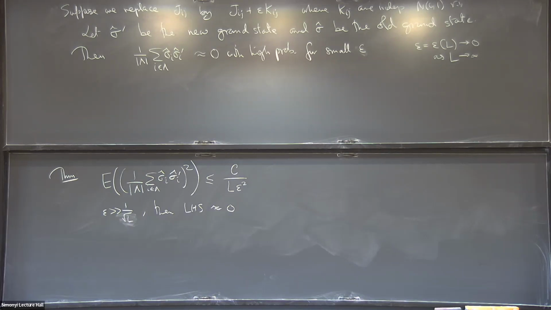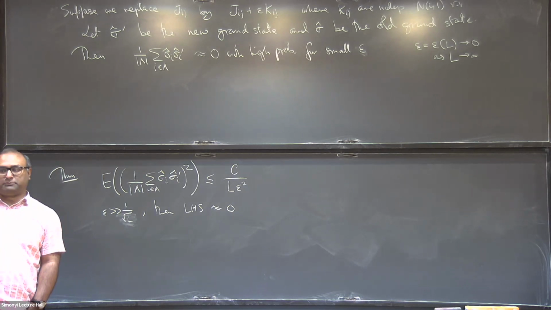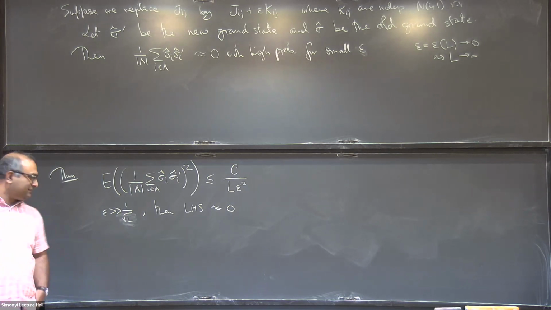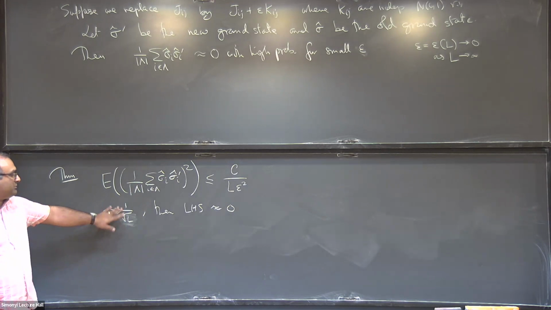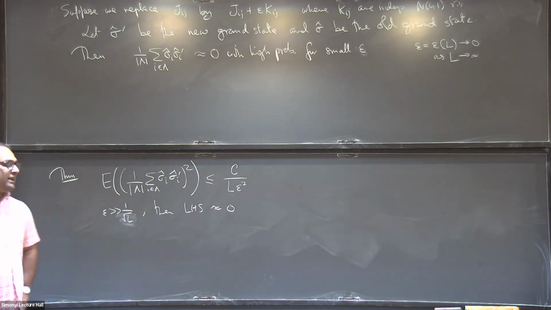Again, the proportion has to be at least 1 over L. So if the proportion of sites that you re-randomize is bigger than 1 over L, and that is somehow equivalent to choosing this epsilon to be much bigger than 1 over root L in some ways. So then you can prove, and much of the proof goes through similarly. There are some steps which are.